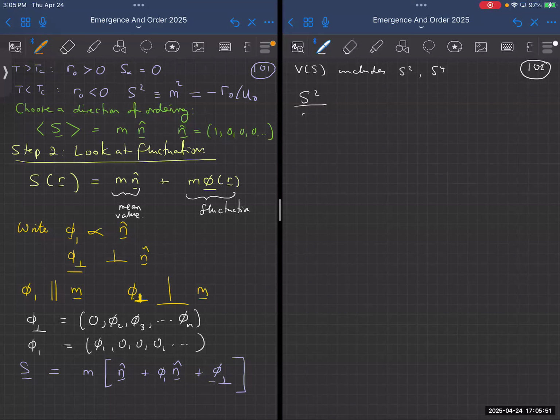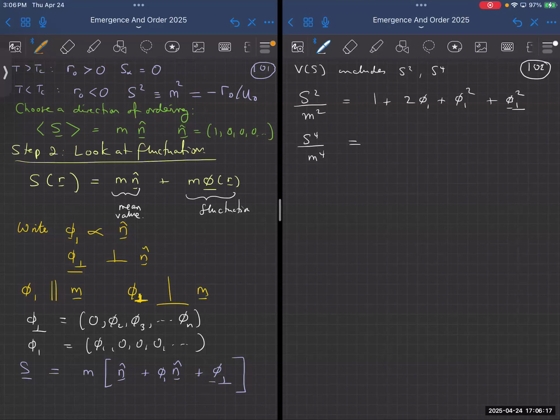S squared over M squared is equal to 1 plus 2 phi 1 plus phi 1 squared plus phi perpendicular squared. That's just squaring. And then S to the fourth over M to the fourth, everything scaled by the magnitude of the ordering, is